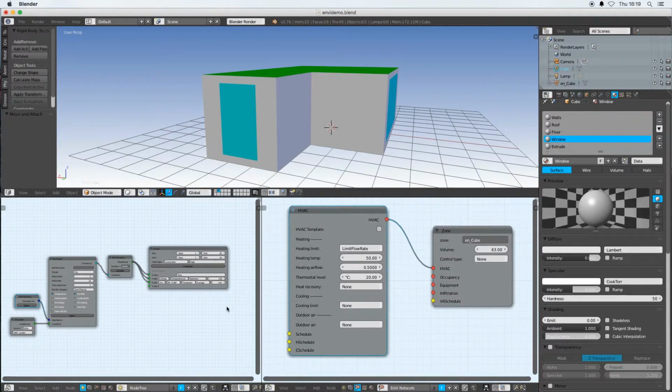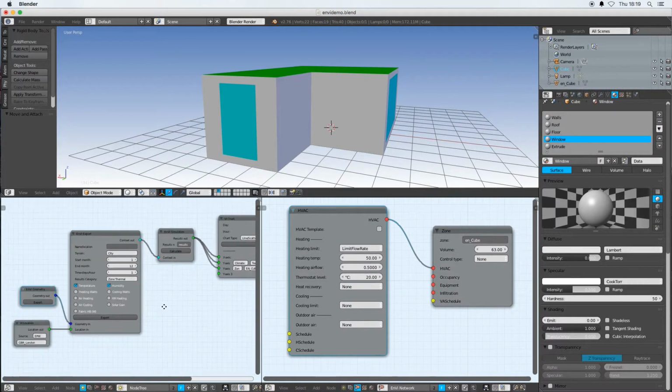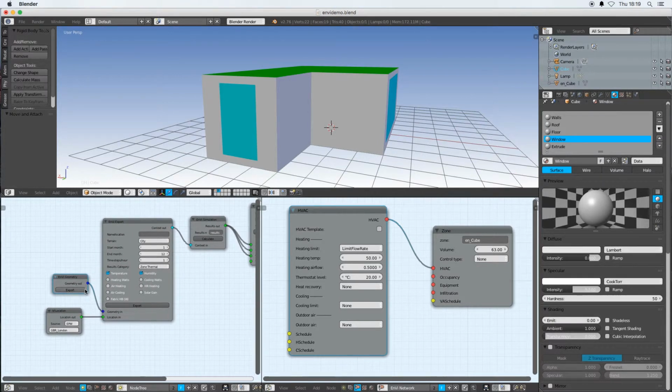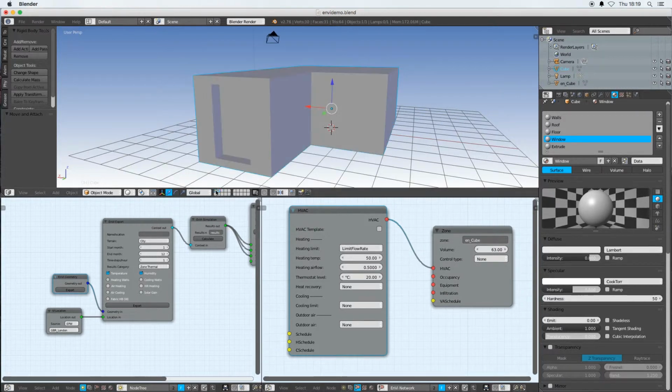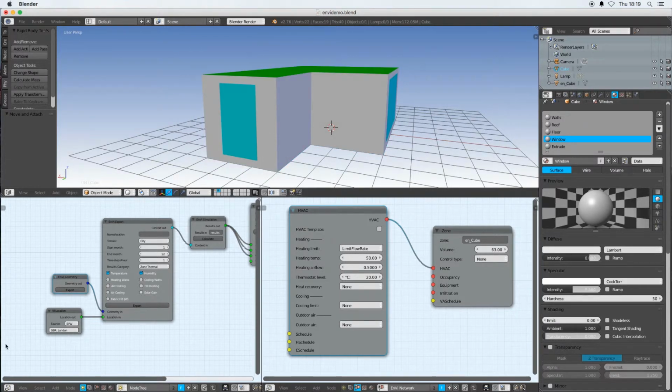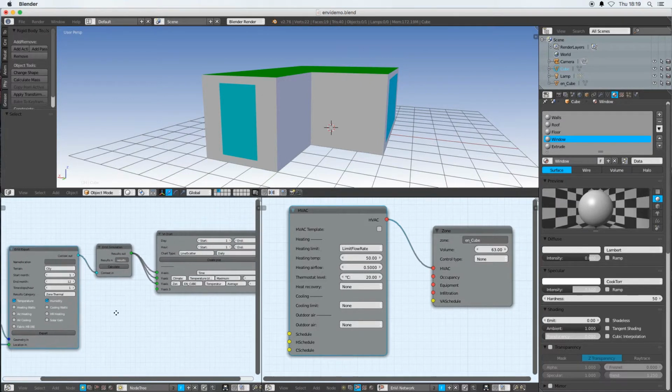So if I come back to this node, I don't need to export the geometry again, because these definitions apply to the geometry on layer 2. They don't apply to the geometry on layer 1. They don't apply to this geometry. They apply to this geometry. So I don't need to export the geometry again, but I do need to re-export the EnVi context. So if I re-export that, I calculate again,